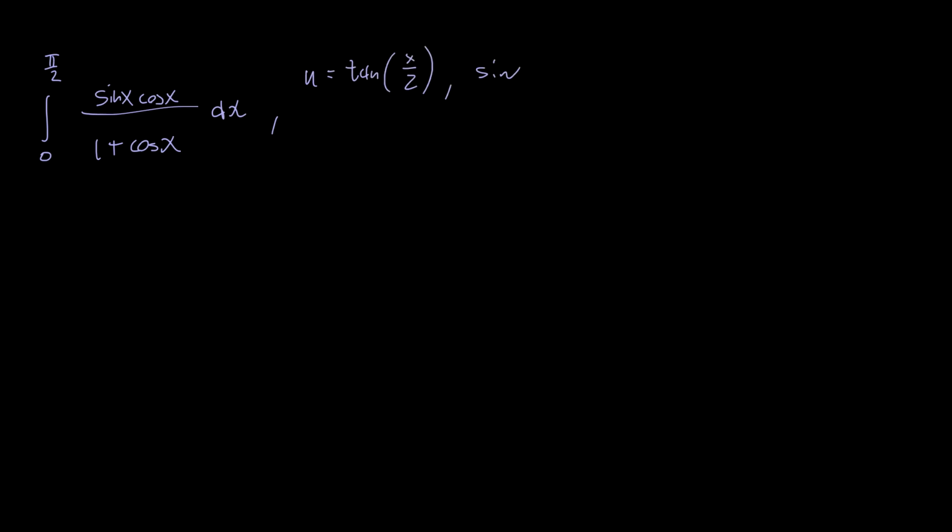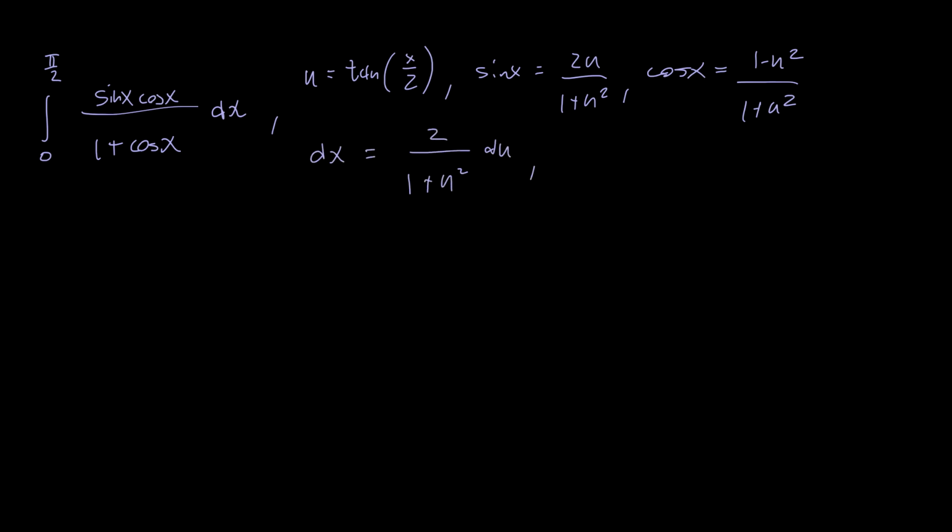The sine of x transforms into 2u over 1 plus u squared. The cosine of x transforms into 1 minus u squared divided by 1 plus u squared, and dx will be 2 over 1 plus u squared du. And the bounds of integration, u1 will be 0 and u2 will be 1. So we're going to have the integral from 0 to 1